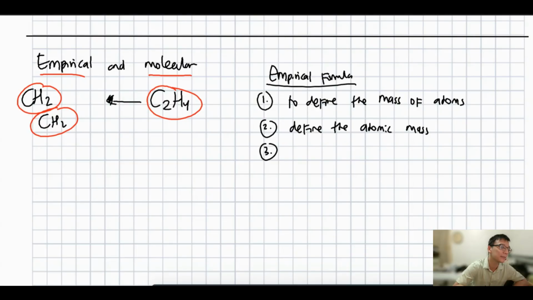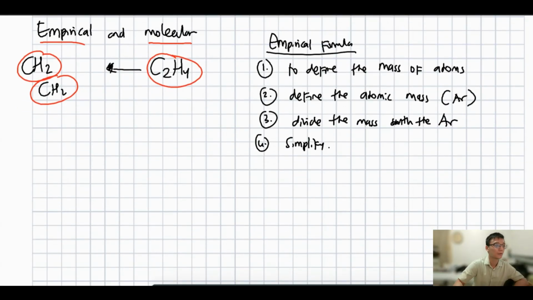And then you can simplify. Yeah. And you divide the mass with the AR and then